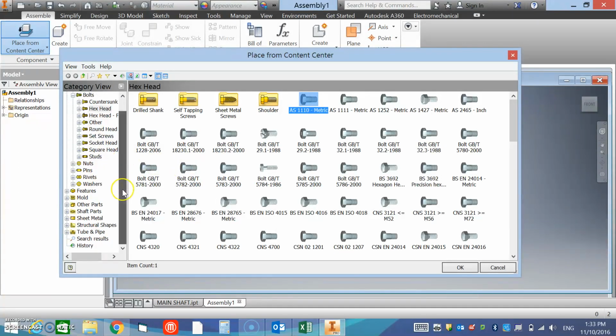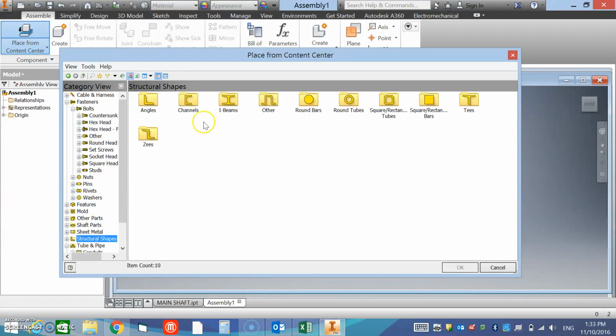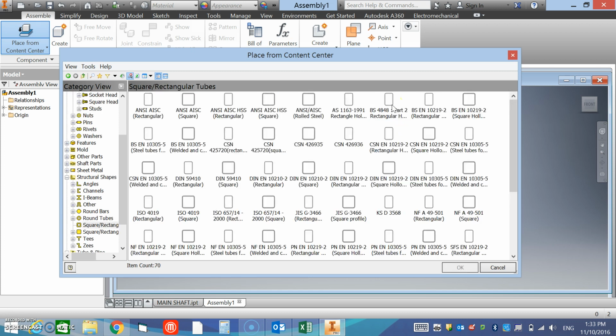And if we look over here in Content Center, we'll see that we have tubes and pipes. Sorry, we want structural shapes. And we're going to use square rectangular tubes. And the one I'm looking for is that one, BSEN 10305-5. The square one, BSEN 10305-5 square tubing. So if you click that once and click OK,